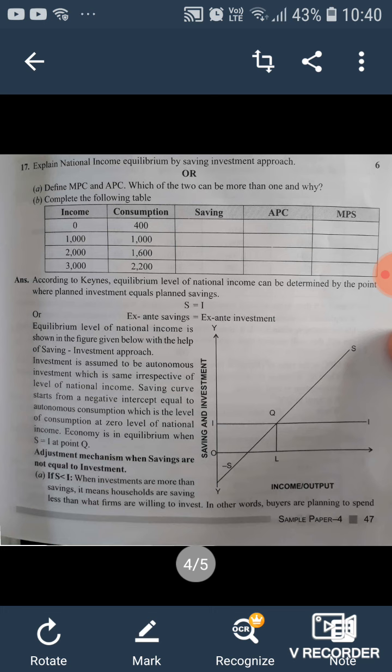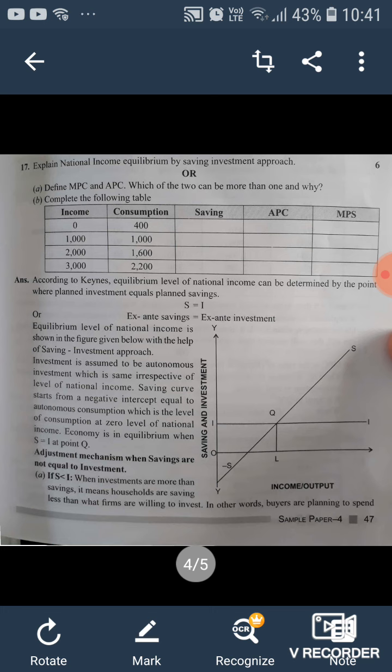Let's see. According to Keynes, as you see in the graph also, the saving curve is given as negative saving, then zero, then positive, as we have discussed earlier. And investment is given as a line parallel to the x-axis. We are talking about autonomous investment. This is planned investment because it is done by the businessmen and by the government on infrastructural projects, and it is independent of the income, as I have told you.